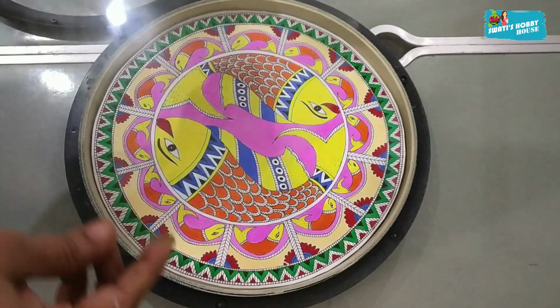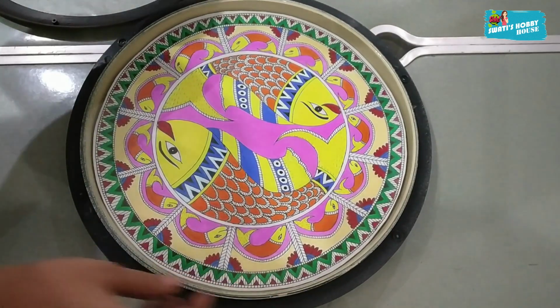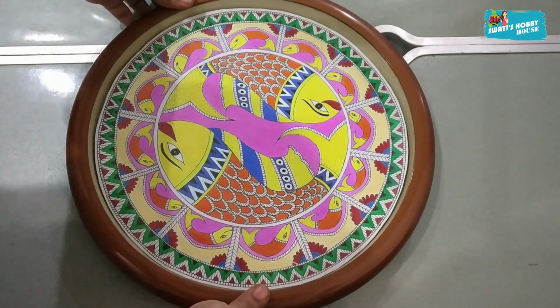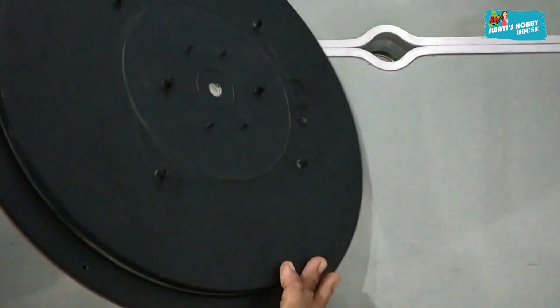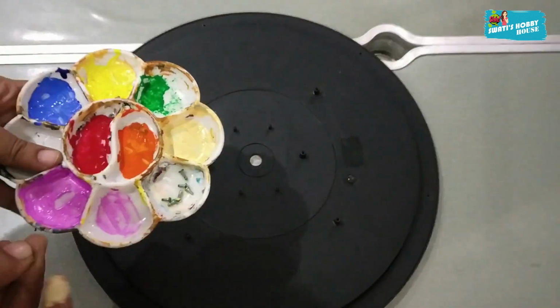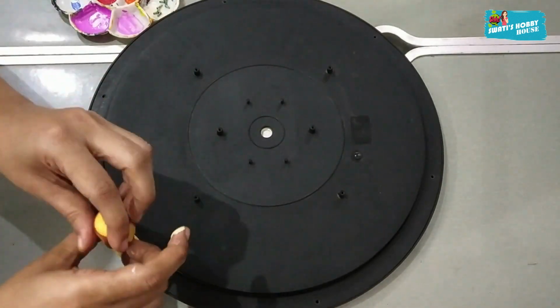This design can be used in a wall clock as well, but I am just using it as a frame because it has equal 12 parts. So just make a hole at the center and place that machine and the hands of a clock, and then